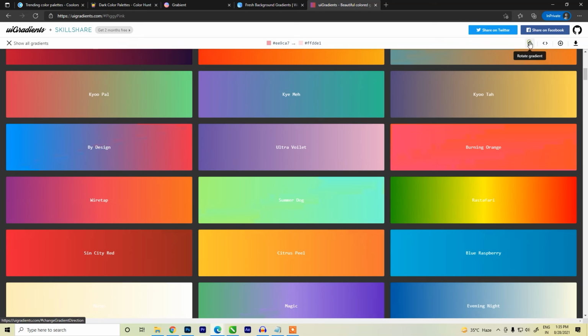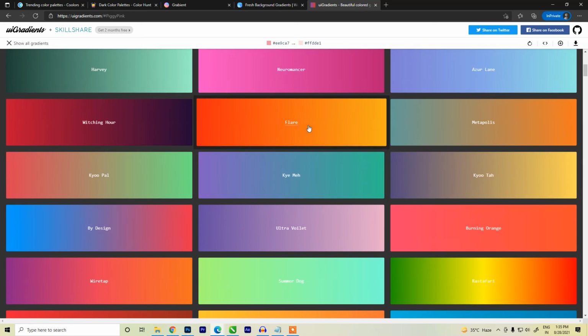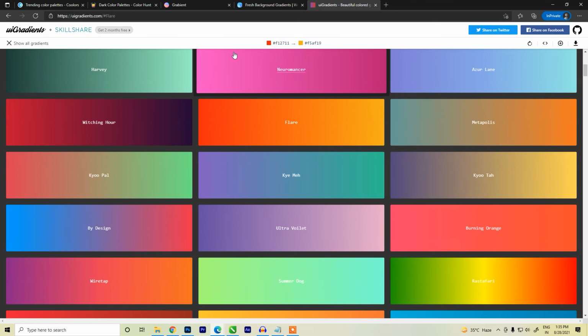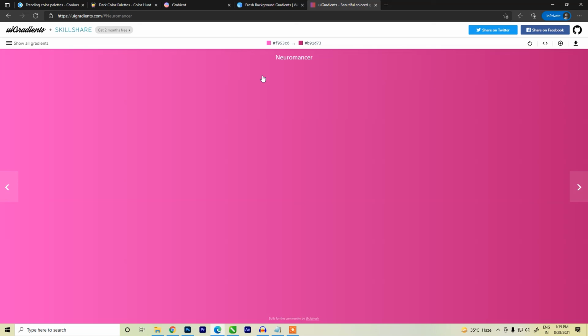Okay, for example, I like this gradient, I'll click on it, or press shift to see all the gradients. Click on this gradient, click on this color code, the code would be copied. Go to your Photoshop and use this color here. Again, to choose other color, click on this color code, the color code is copied. Now go back to your Photoshop, Illustrator or CorelDRAW and use this color.